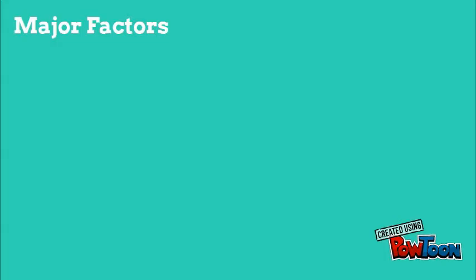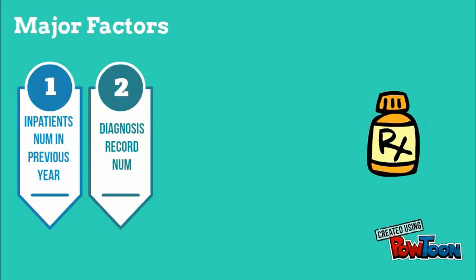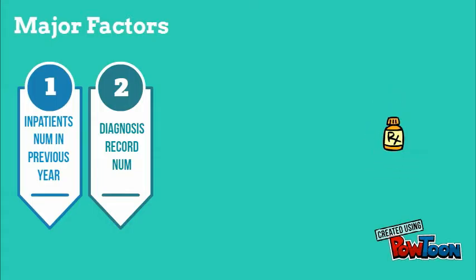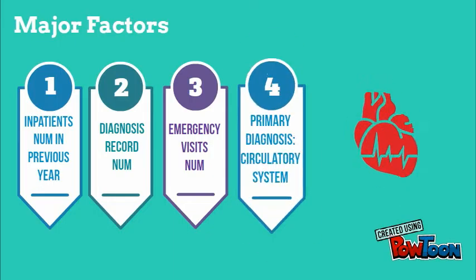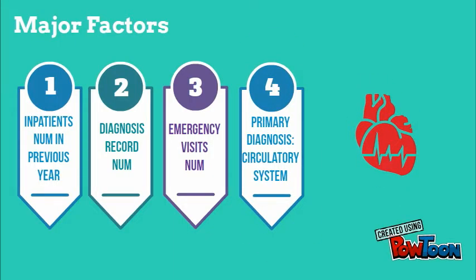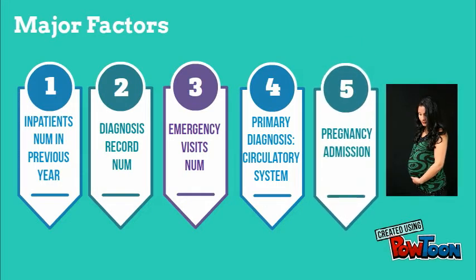The analysis identified 5 major factors that affect the readmission of diabetes patients: number of inpatient visits in the previous year, number of diagnoses recorded in the system for the patient, number of emergency visits in the previous year, and primary diagnosis related to the circulatory system. These 4 factors have an impact on the readmission rate. Another interesting factor that we will discuss in the recommendations is the gestation diabetes related diagnoses that are made that